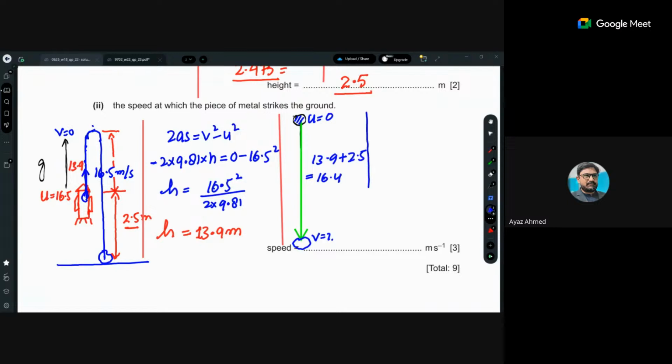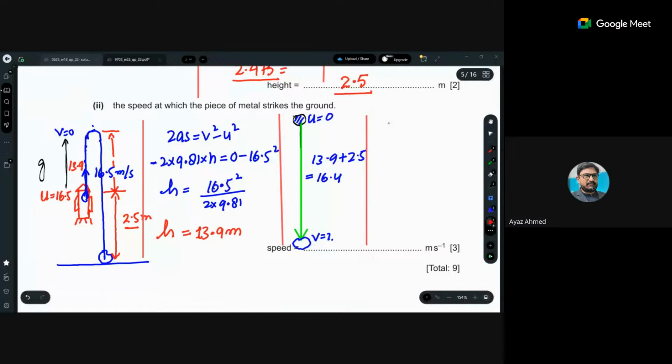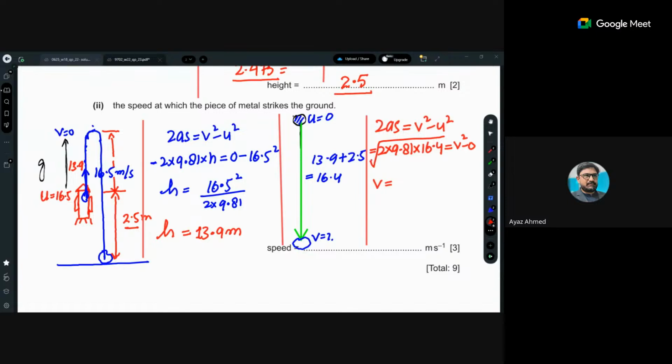ट्रेवल करनी है. सो अब आपके पास अगेन आपका जो फॉर्मूला लगेगा दैट वुड बी सेम एज 2as इज इक्वल टू v स्क्वायर माइनस u स्क्वायर. अब आप लगा सकते हो. तो जब आप ये फार्मूला लगाओगे 2as इक्वल v स्क्वायर माइनस u स्क्वायर, तो ये आपके पास क्या हो जाएगा? 2 इंटू 9.81 बिकॉज नाउ इट इज ड्रॉपिंग डाउन, और हाइट आपके पास होगी 16.4 इज इक्वल टू v स्क्वायर आपने मालूम करनी है, u स्क्वायर आपका 0 है। सो जस्ट आप इसका v कैलकुलेट करने के लिए ये जो भी नंबर आ रहा है ना इसका मल्टीप्लाई करके इसका स्क्वायर रूट ले लो।